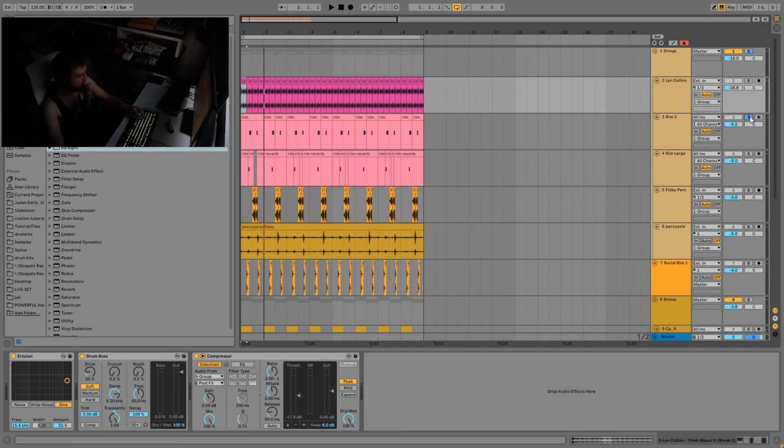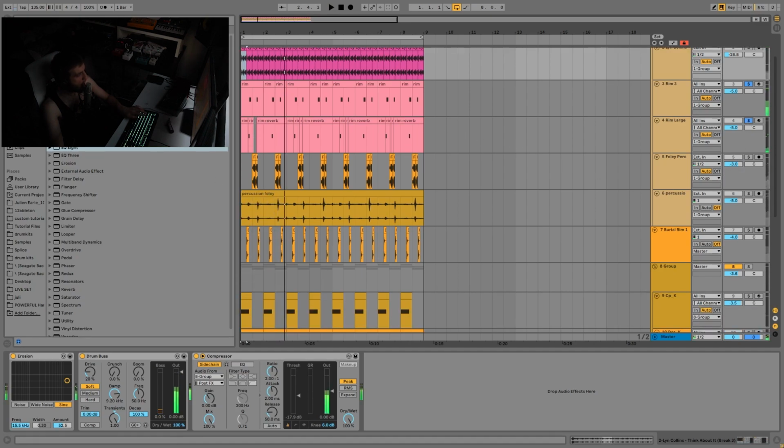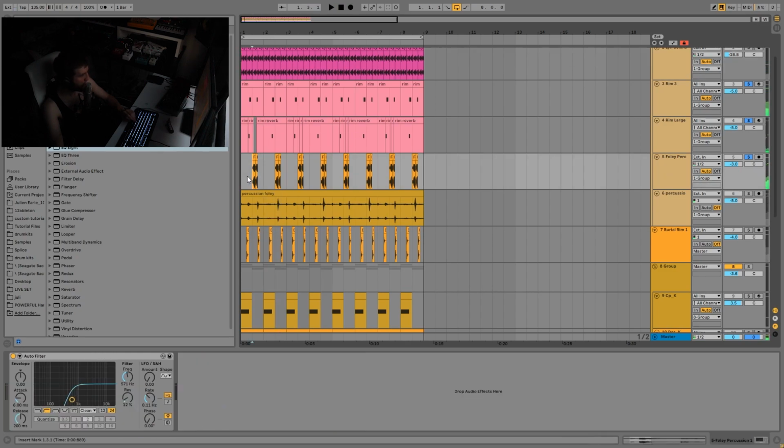We have these two little rim shots. So those are kind of like their own little groove. And then they're doing call and response with this thing, which just goes...